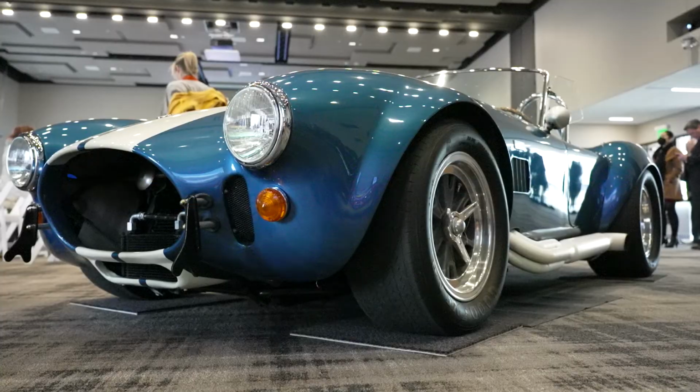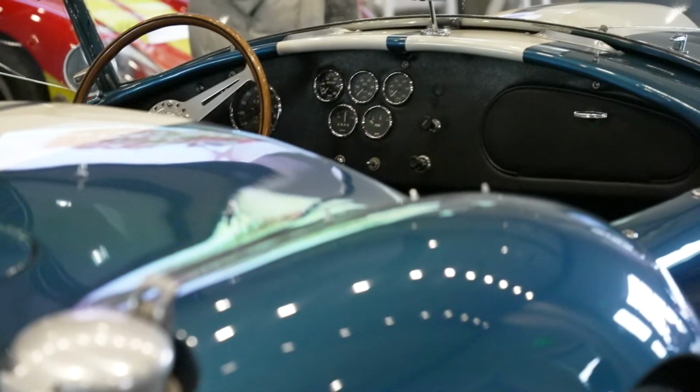That iconic word. It's kind of like Coke if you think of a soft drink. You think of Shelby when you think of a fast car. This car is important to me because 36 years ago, I traded this for a Ferrari for a client of